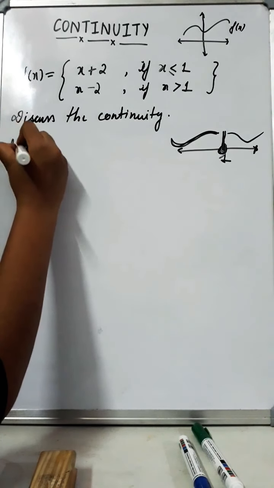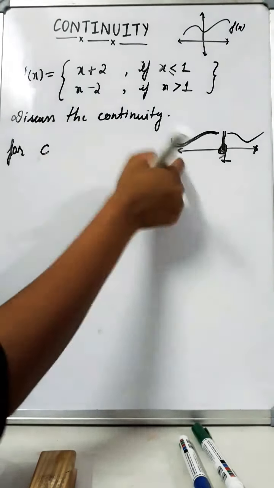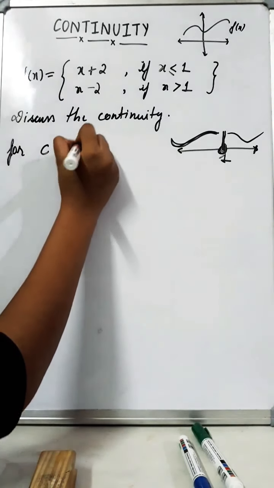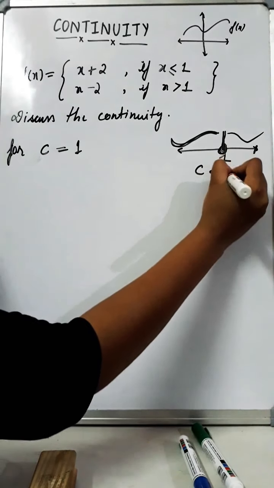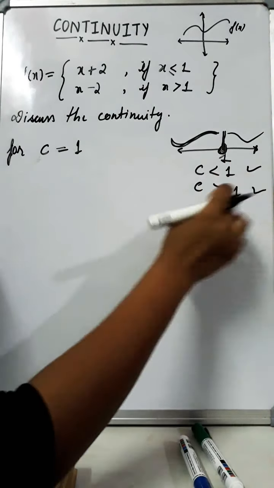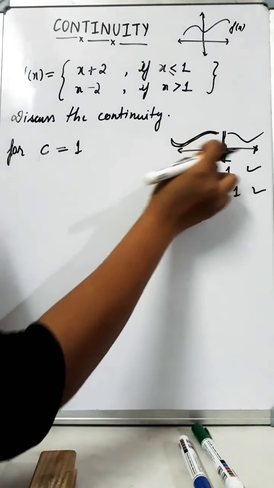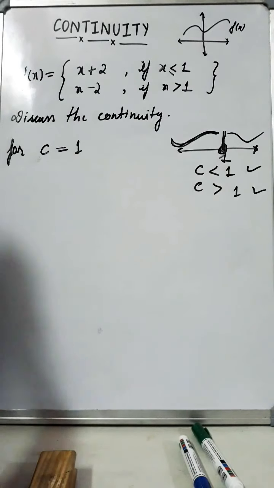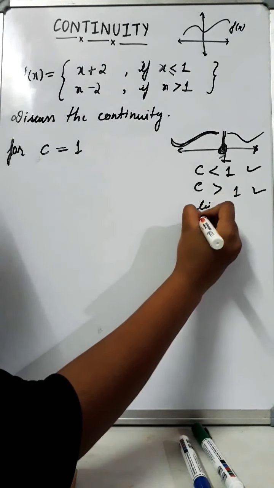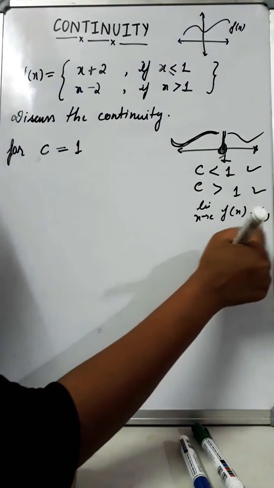फॉर x = c पे बात कर रहे थे ना हम, c हमने लिया था रियल नंबर का पॉइंट, तो c इज इक्वल टू 1। देखो c स्मॉलर देन 1 पे आपने चेक किया था कि कंटिन्यूस है, c ग्रेटर देन 1 पे भी आपने चेक किया था कंटिन्यूस है। कैसे चेक किया? किसी डोमेन के अंदर अगर फंक्शन चेक करना होता है कंटिन्यूस है कि नहीं है, क्या करते हो आप? लिमिट x टेंड्स टू c f(x) इज इक्वल टू f(c), यही तो करते हो।